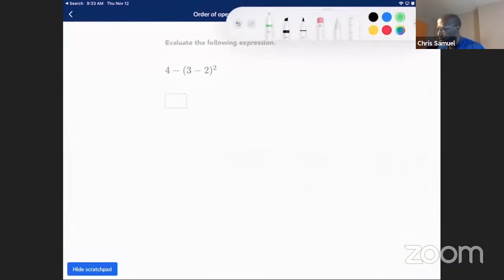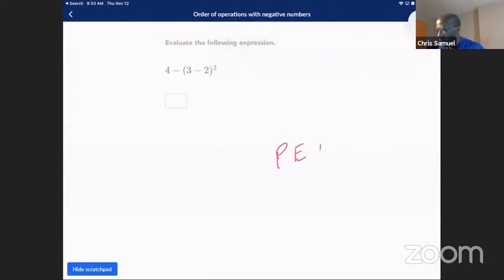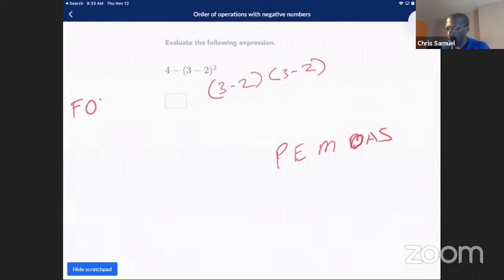And here's the next one. So we have 4 minus 3 minus 2, all squared. So this would basically be something like this. That's the exponent piece. Because we have an expression inside the parentheses and we're squaring it, we need to use another formula. It's called FOIL, which is first, outer, inner,